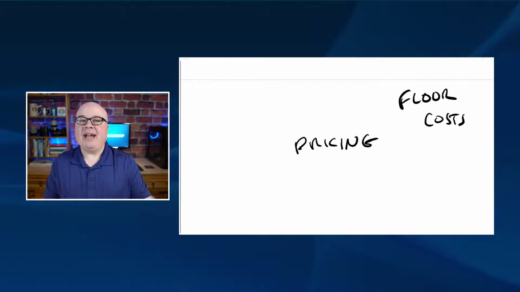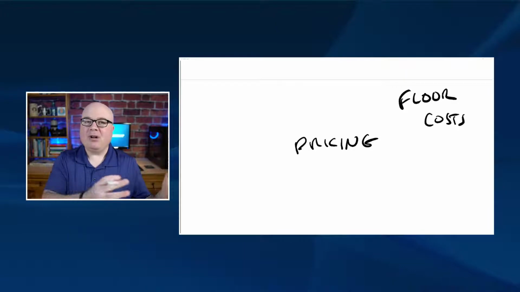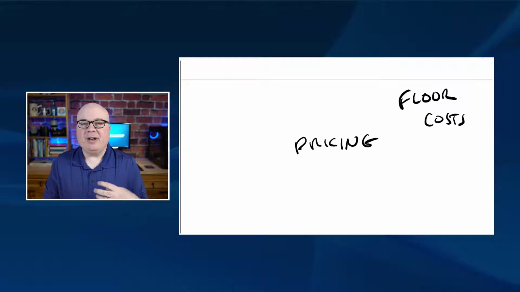So if you have to add an extra seat to your media monitoring platform, or you subscribe to some new service just for that client, that needs to go into that cost bucket. And so once you put in all of these project or client specific costs plus your labor costs, if you take that total number and you multiply it by 2, you will have a good estimate of what your price floor is. You should never go below that,